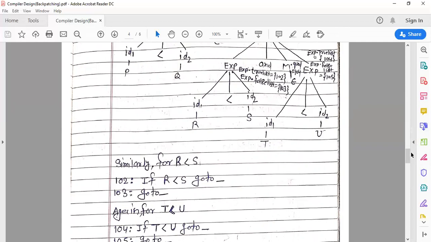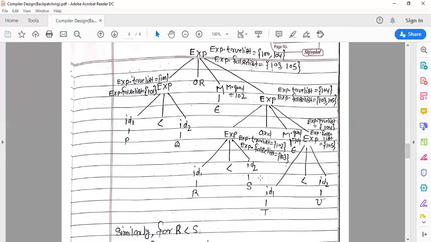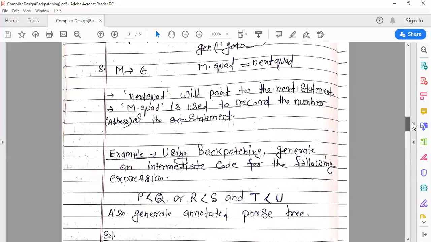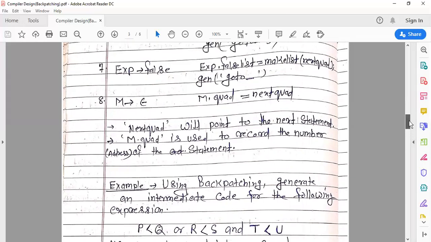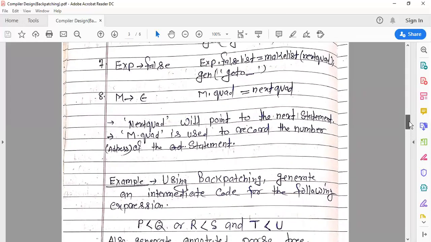Now again, the next reduction is when you go here and find this epsilon reduced by the capital M. You have already seen what the SDT is. The SDT is M.quad is equal to nextquad. The last quad is 103, so nextquad is 103 plus 1, which is 104.